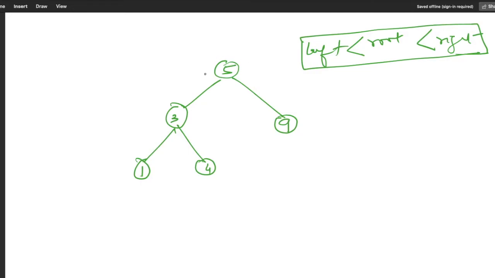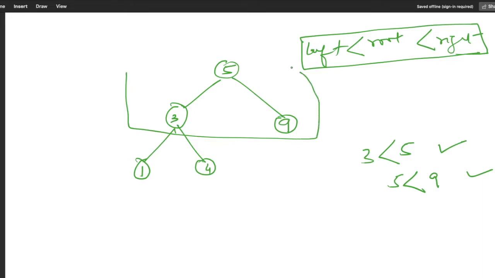So let us take the very first node, 5. For 5 the left part is 3, so this condition is satisfied, and again 5 should be less than the right side, the right side is 9, so this is satisfied. So till here it is satisfying the BST condition.